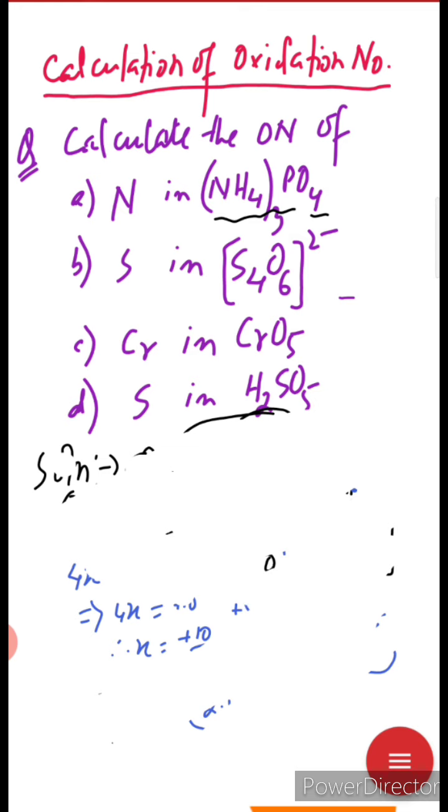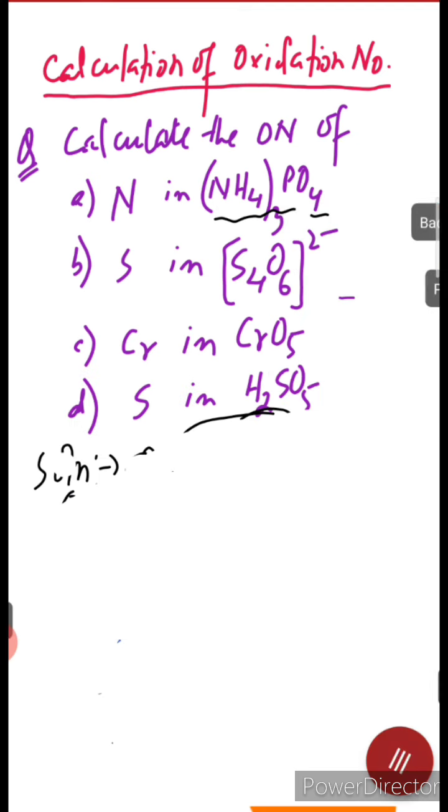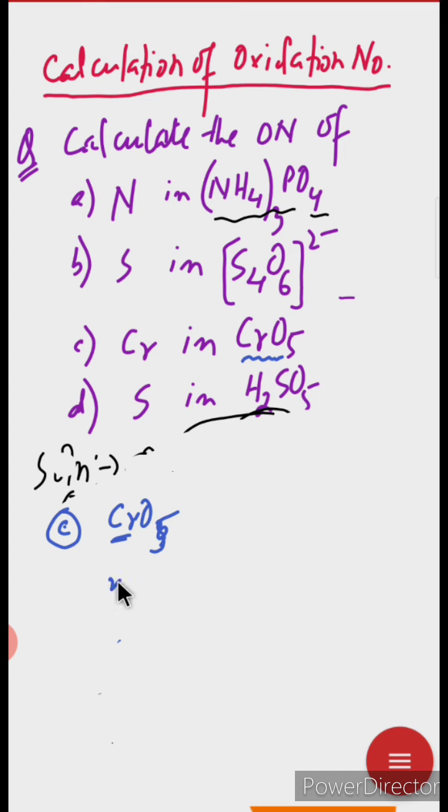So let us do the third question. Third question, C. We need to calculate the oxidation number of chromium in this compound, CrO5. Let us take the oxidation number of chromium as X and the oxidation number of oxygen as minus